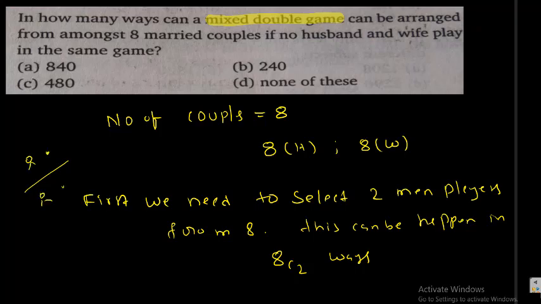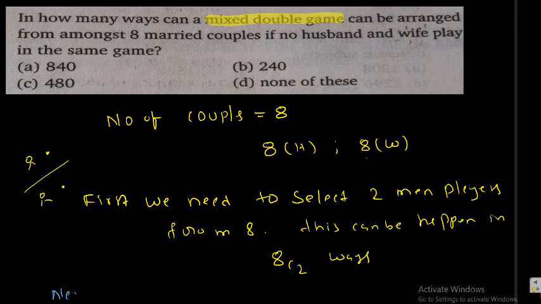Now here one woman you want, here one woman you want. But what is the thing? From this 8 you can't select 2. So this person's wife and this person's wife are involved. That's why from this 8 I can't select 2. From those 8 I can select 6. From that 6 I can select 2. The 2 lady players you want can be selected from 6 only. We want to remove 2 women players from this 8. Those are the wives of these 2 persons.